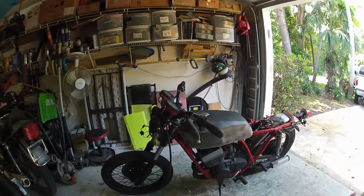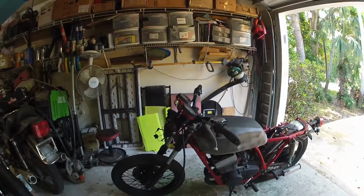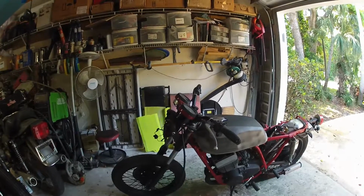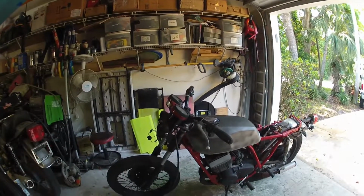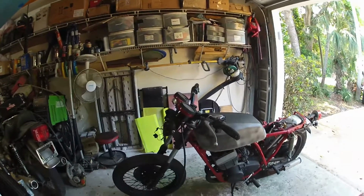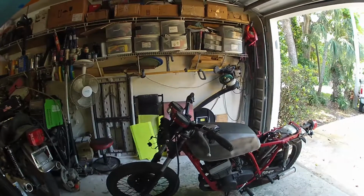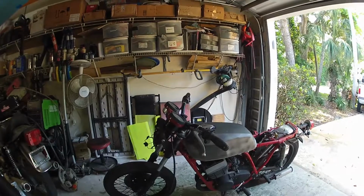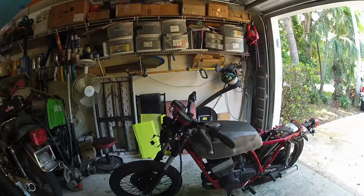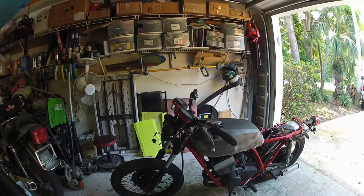Now what I usually do when I get a bike, and I got this bike completely not running, I knew it had compression, so as long as it has compression and it's somewhat complete, I feel confident about it. So now that I got it in the shop and I can work on it, what I like to do is get everything mechanically right before I start doing any kind of